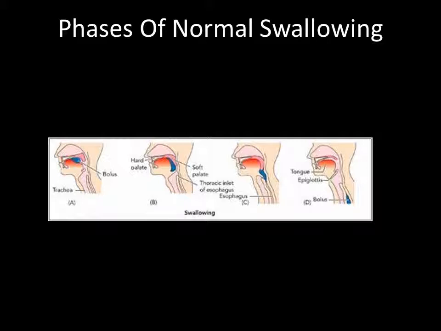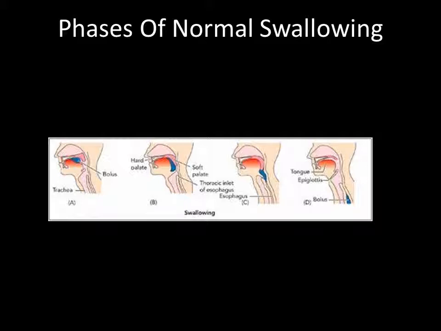Then we have the esophageal phase. The esophagus is that muscular tube that lies right behind the trachea. It is open at rest to allow air to enter the respiratory system. So the esophagus is a flattened, collapsed tube at rest. But when movement of the bolus into the esophagus occurs, this upper esophageal sphincter, which is this muscular ring that joins the pharynx and the esophagus,